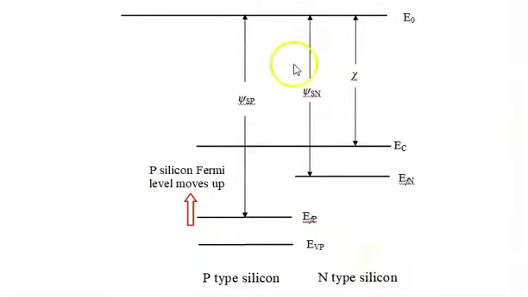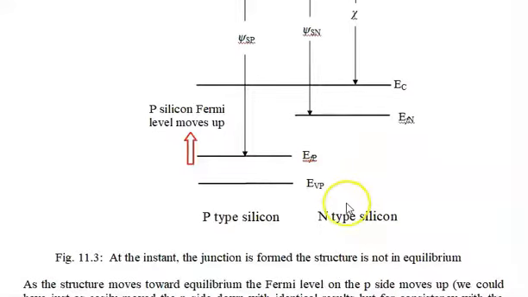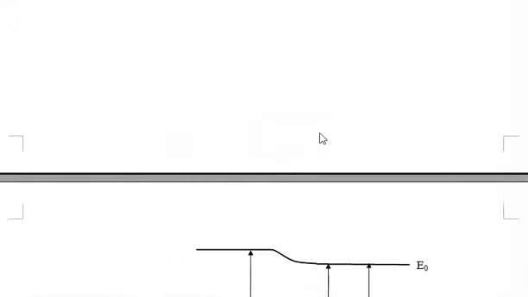And we see here that we actually form the junction. Now we have non-equilibrium. However, we have an intimate contact between the P-type and the N-type. And as the transfer occurs, electrons to P-type, holes from P-type to N-type, the Fermi level in the P-type moves up. Now, I could have kept the Fermi level in the P-type constant and moved the Fermi level in the N-type down. It doesn't matter. The important thing is they come together and meet somewhere in the middle, depending on the doping, and that we're going to see in just a little bit.